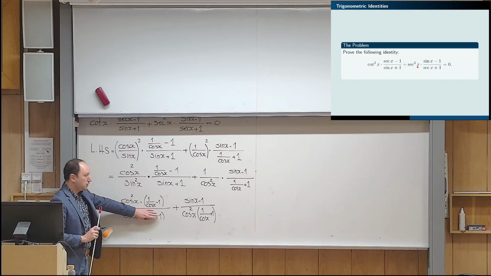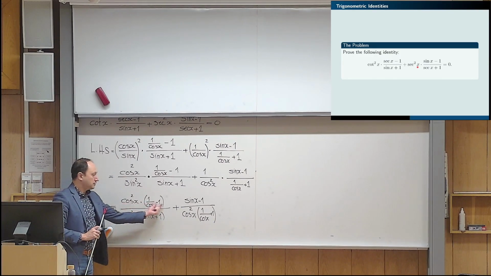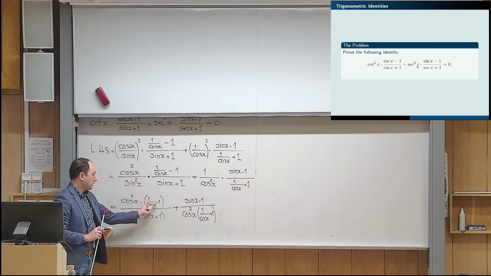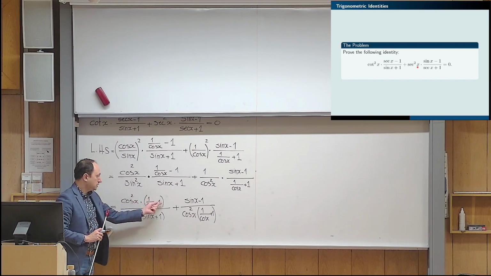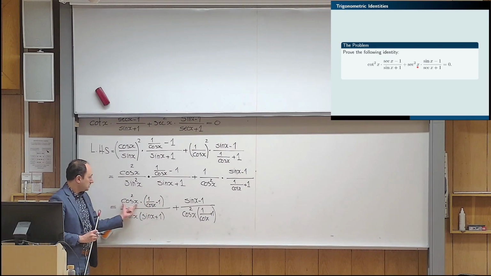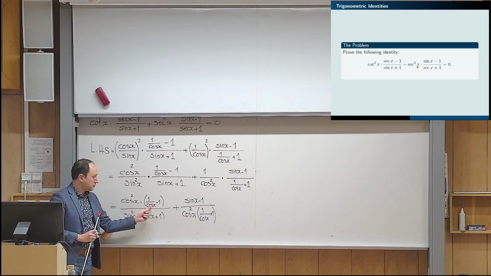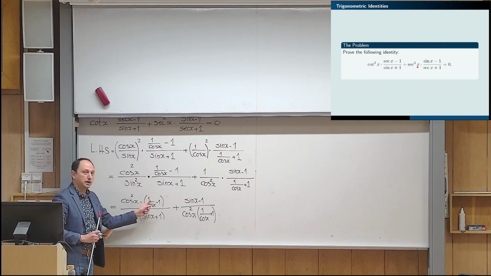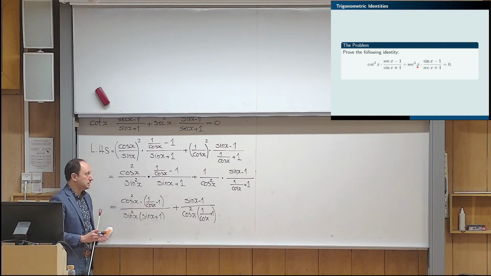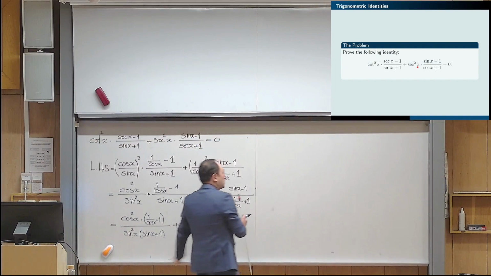Now here, do not look at the denominator for the time being. This is a term, and then I have the difference of two terms. I'm supposed to multiply this. So this will be multiplied by the first term, minus this will be multiplied by the second term. But when I multiply this by the first term, there is a cosine in the denominator here, which will cancel one of these cosines, and there is one cosine left that will be multiplied to the numerator. So this becomes equal to,